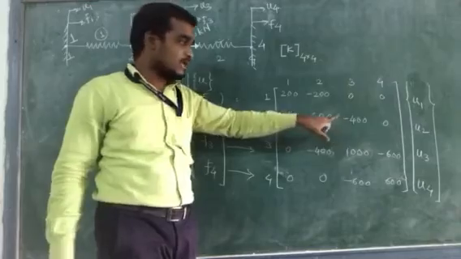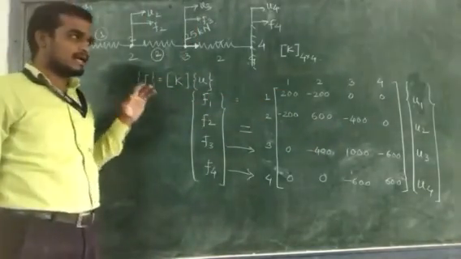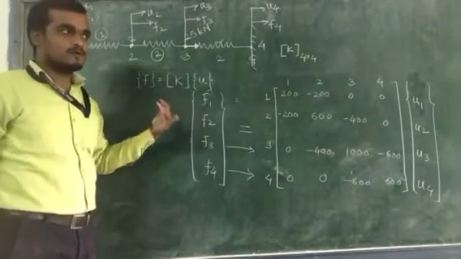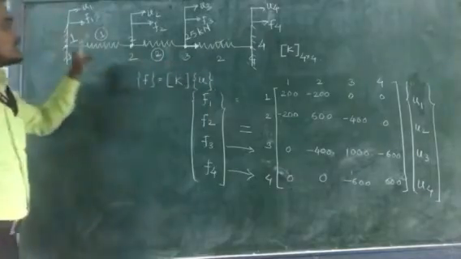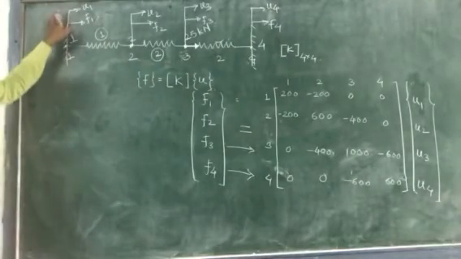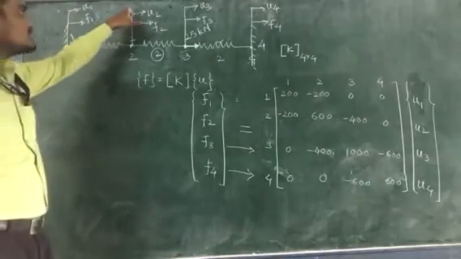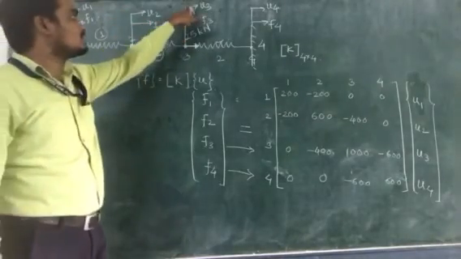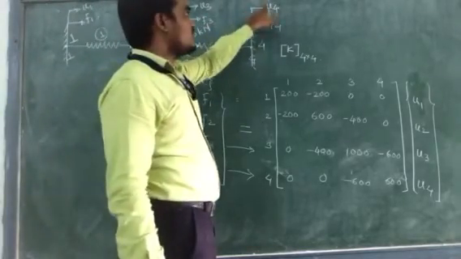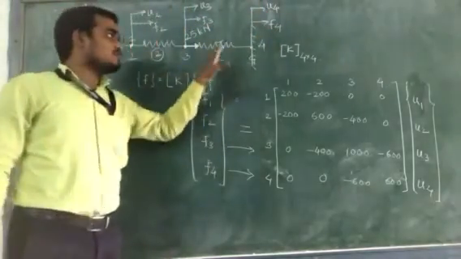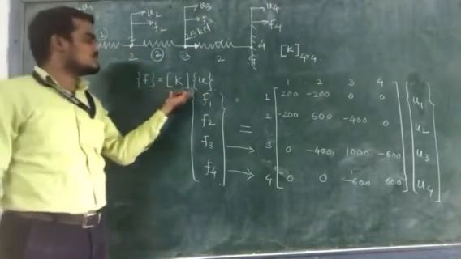After this, we have denoted our nodal displacements and nodal forces over the spring system. For the first node there are 2 nodal values, U1 and F1. For the second node there are 2 values, U2 and F2. For the third node, U3 and F3. And for the fourth node, U4 and F4. We are writing these nodal values to construct this force and displacement relationship.